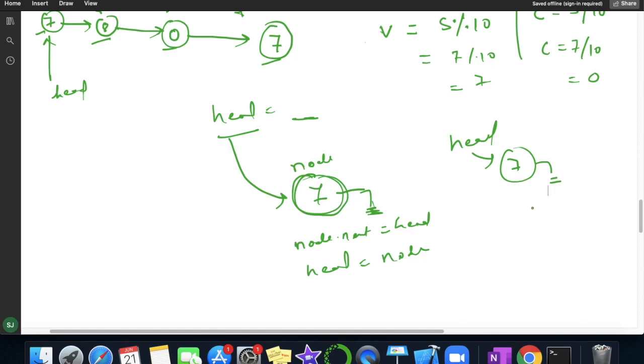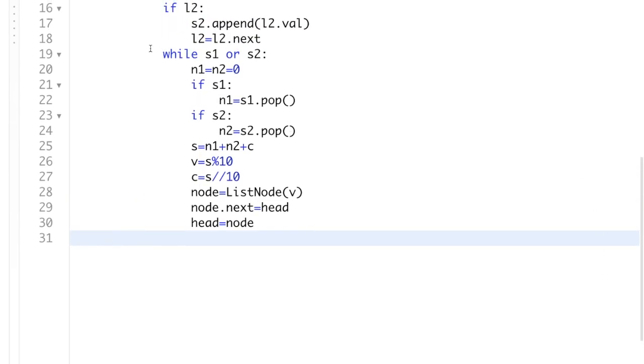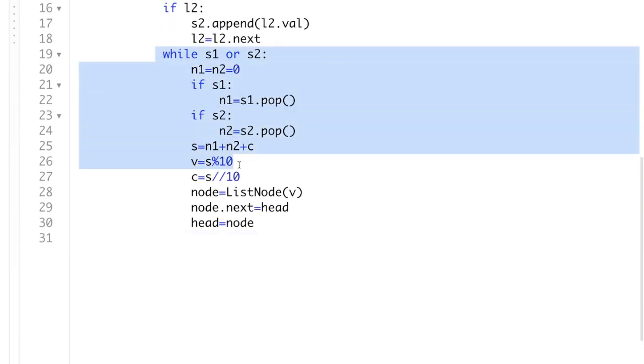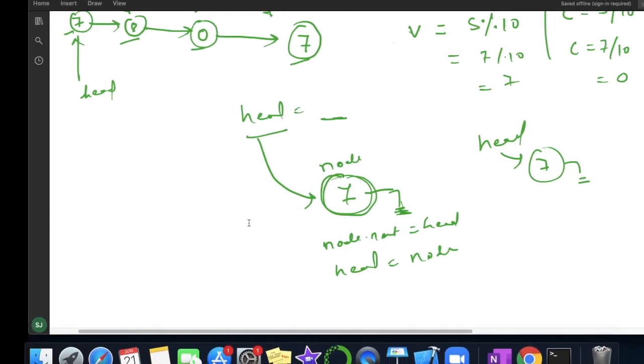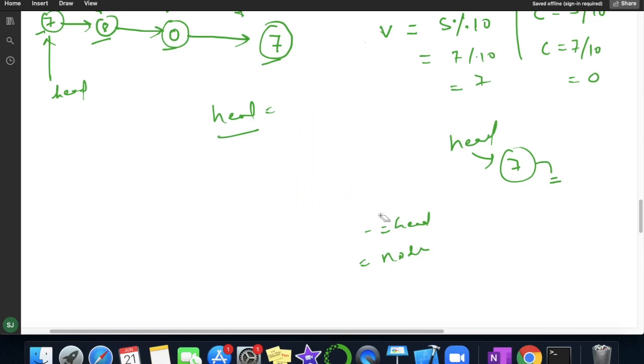Now we are done. This whole thing will go in a loop. Next time we will get a value, suppose 0. So we will be creating a new node, passing the value 0.